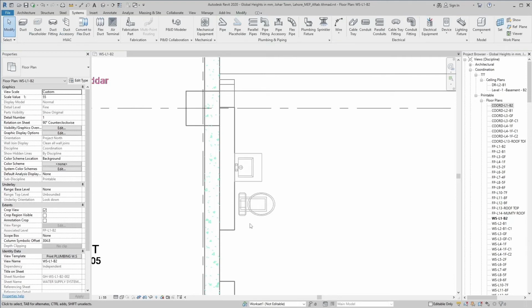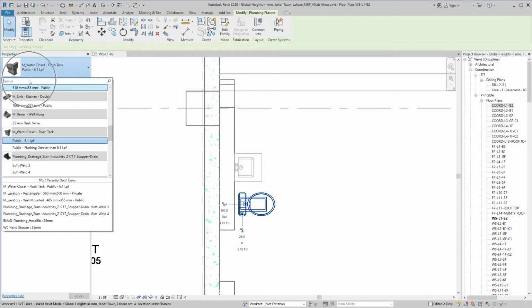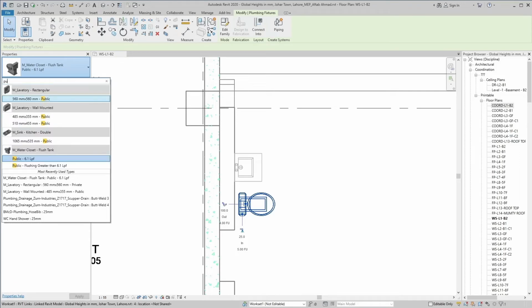After selecting the family, when you click on the type selector, the search field appears. Here you can enter a keyword and search the desired content quickly. I write public in the search field after selecting the plumbing fixture category. Then all the families regarding the public keyword will be filtered and highlighted. I can easily access my desired content.